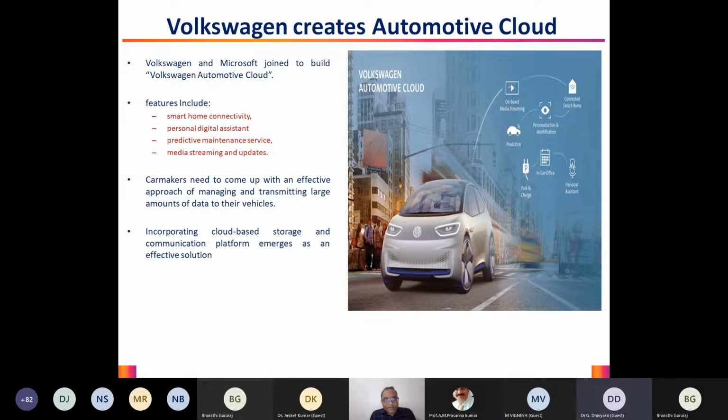Now, more and more companies are trying to get into autonomous driving, or for that matter into the electric sector, where EVs are in vogue these days. So every company wants to have a pie of that. In that case, whenever you want to have this kind of autonomous cars, think of the data that we need to manage.